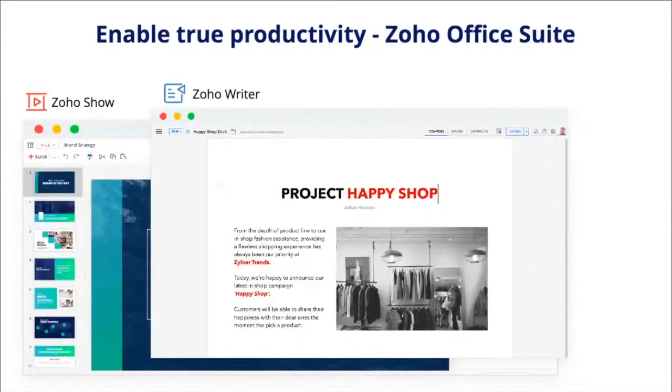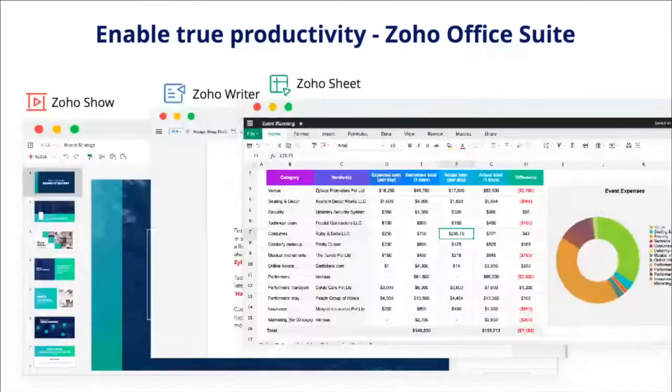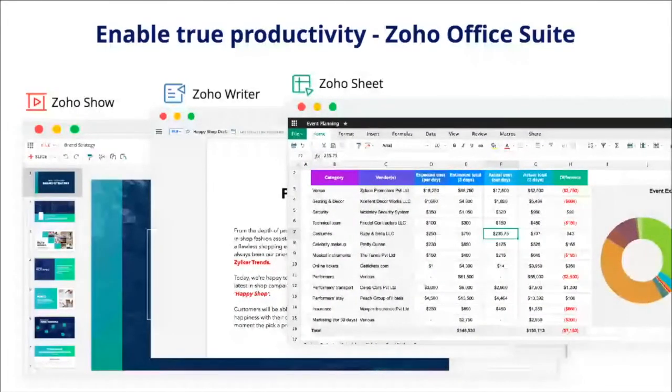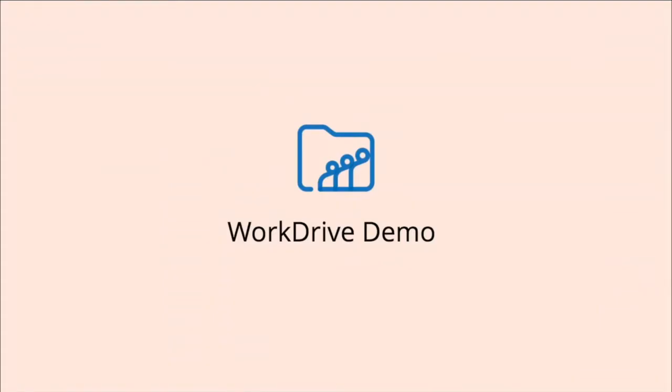And thirdly, WorkDrive comes with a Zoho Office Suite, which is Zoho Writer, Sheet, and Show, Zoho's very own word processor, spreadsheet tool, and presentation tool. Which means your team can work on documents right within WorkDrive. They need not open a different application. They can simply use the Zoho editors to create documents, presentations, and spreadsheets, work on them in real time, review changes, discuss right within documents, and more. So I'm going to quickly jump into the demo because I'm super excited to show you guys the product.